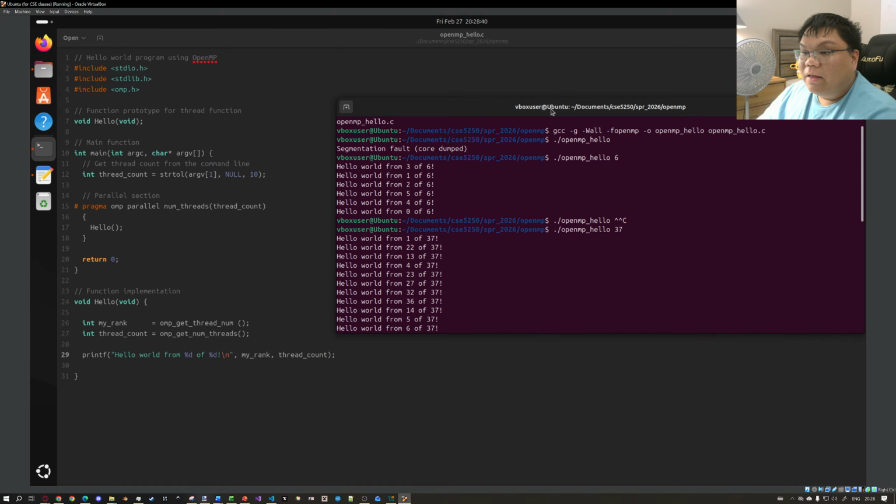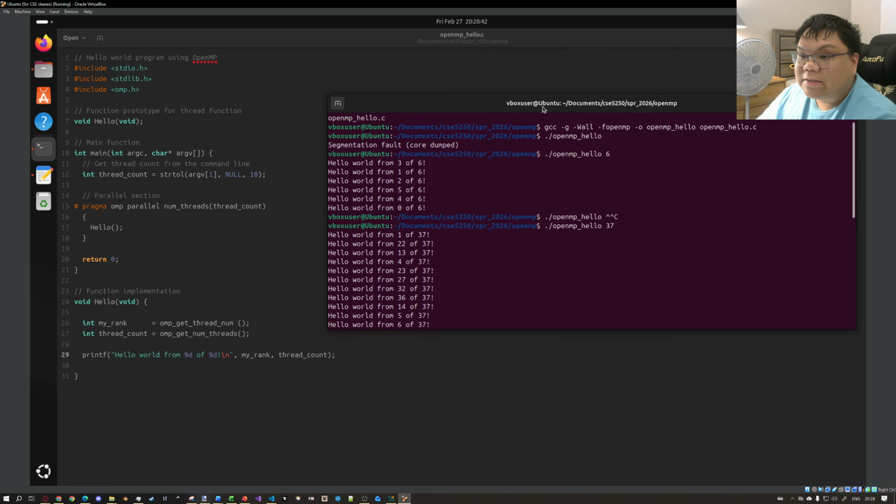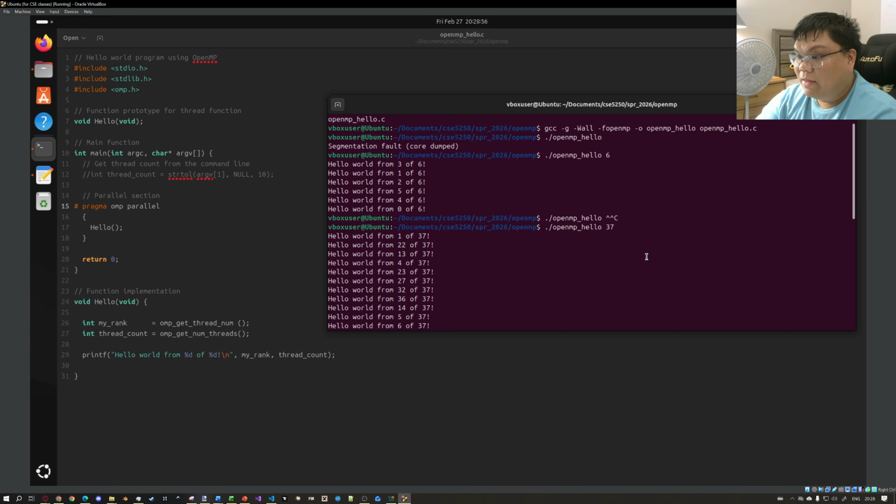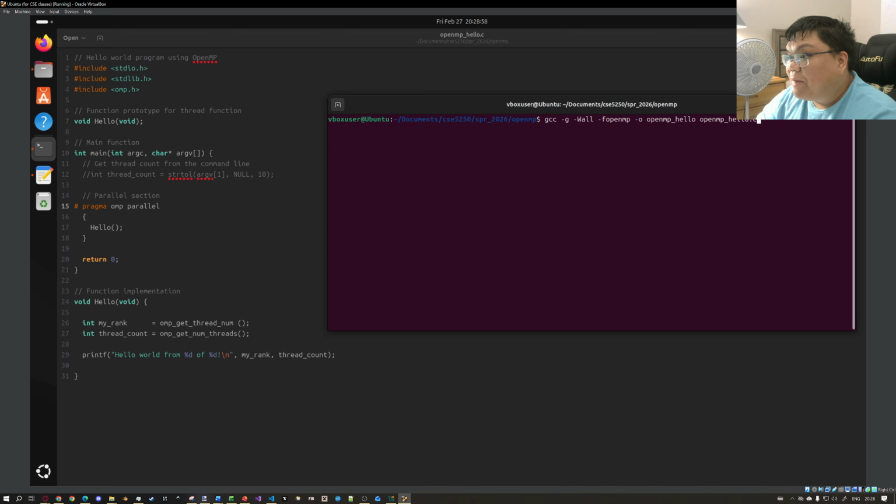Oh, by the way, one other thing I can do is this. I'm going to comment out that assignment operation for thread count, and then I'm just going to remove the numthreads thread count from that directive, and I'm going to recompile the program again. If I do that,